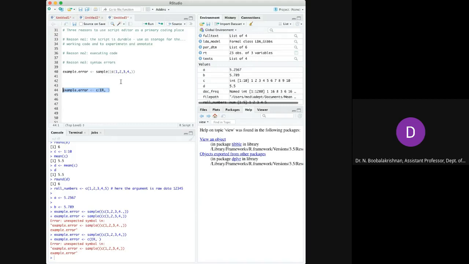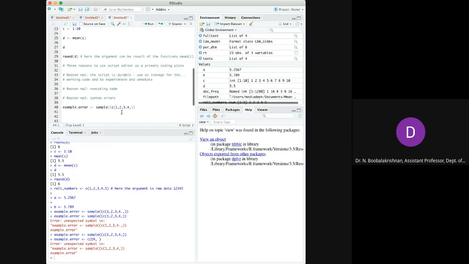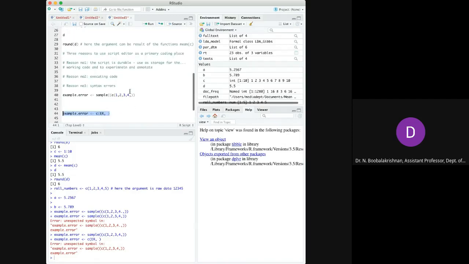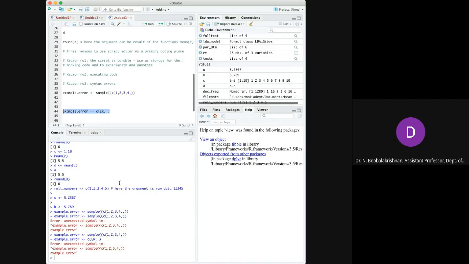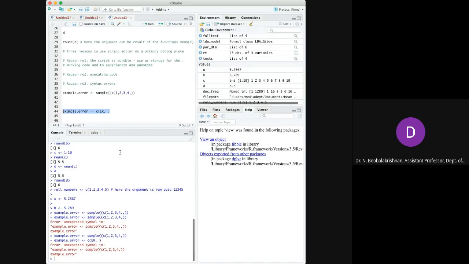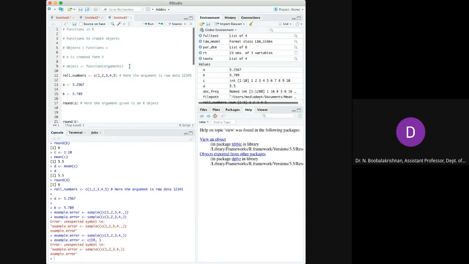That's why it is always preferable to go to the script editor rather than the console window. The console window is a one-line executing window. For today's class, the scope is to know about functions in R. The exercises will be posted on the Moodle site. You can go there, take the exercise and do it.